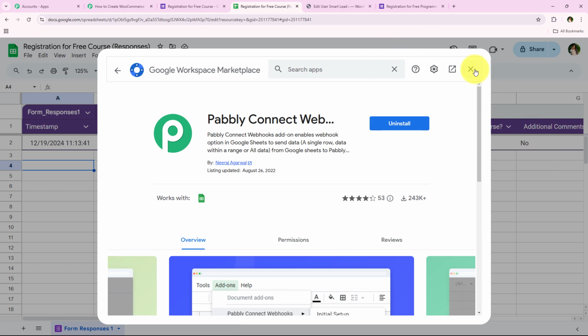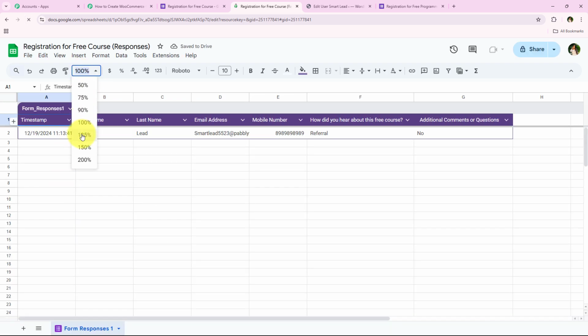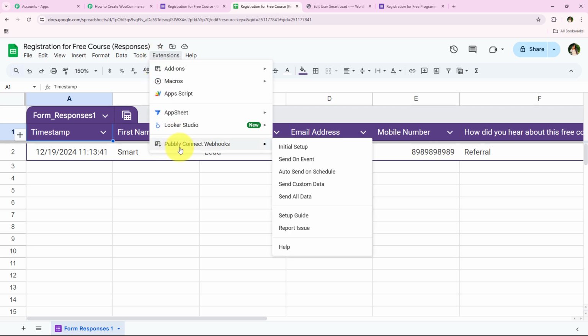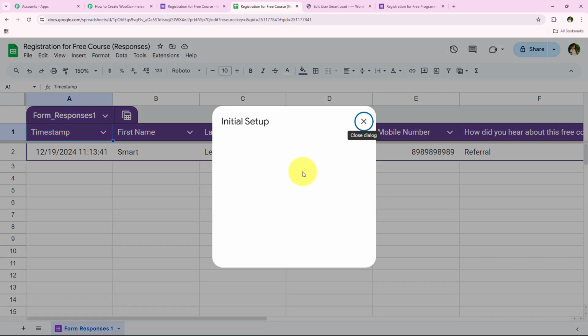Okay, and after installing this extension, we have to refresh this spreadsheet. As soon as we refresh it, we have to go towards the extension again, and as you can see, Pabbly Connect webhooks will appear right over here. After coming here, we have to go towards the initial setup, and as soon as we go towards the initial setup right over here, it is going to ask me to